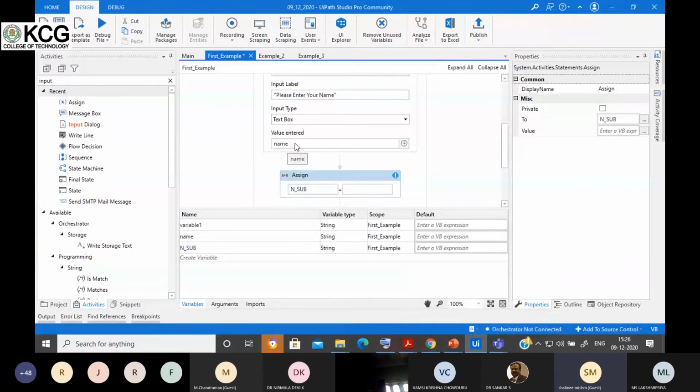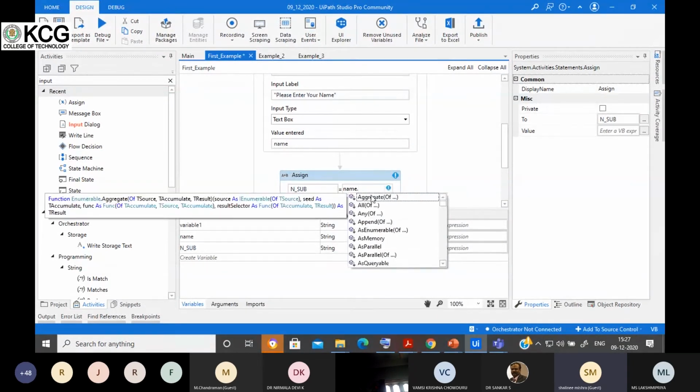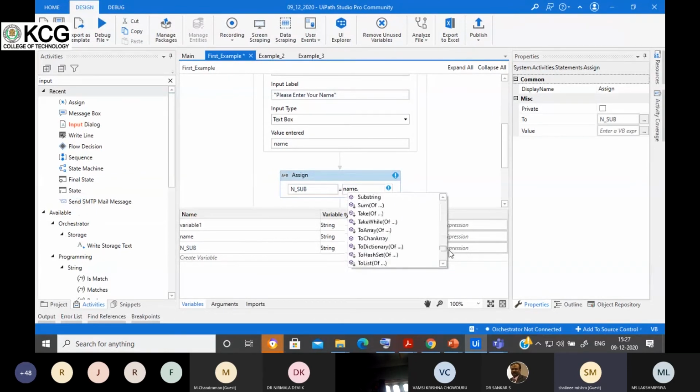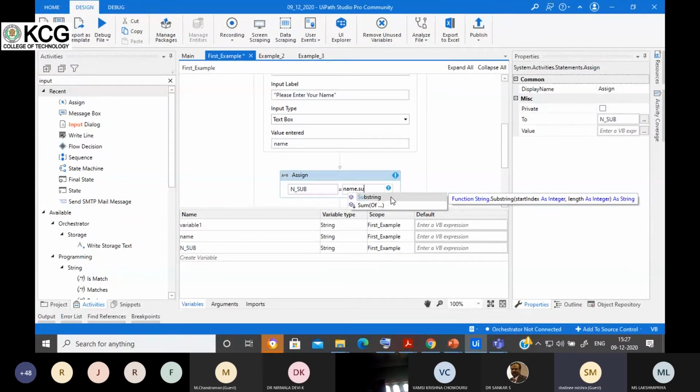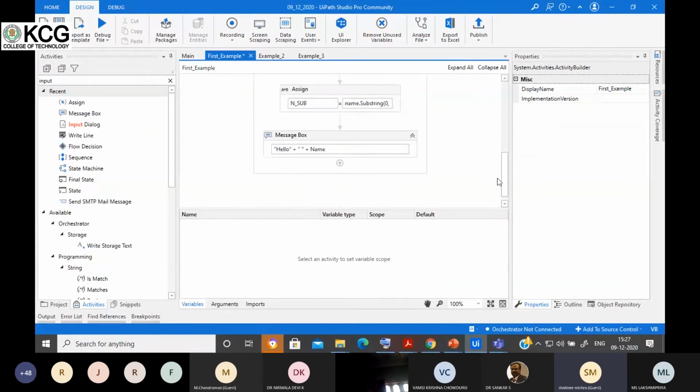So for that I created this variable, and here I want to apply this substring on this particular name variable. So firstly I'll search for this name variable, and now I'll click dot. As you click dot, you will get a lot of options. So what I want, I'll search for the substring. You can see the function string dot substring, start index as integer and the length as integer you have to provide. Now I want to extract only s of Shalini. So for that I'll write 0 comma 1, because s will start at 0, means in this range s will come out.